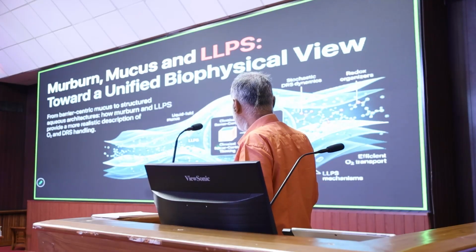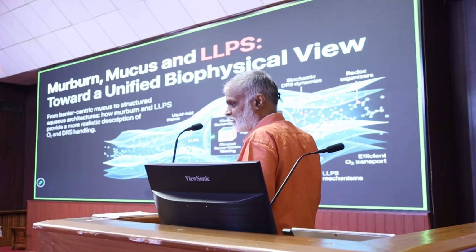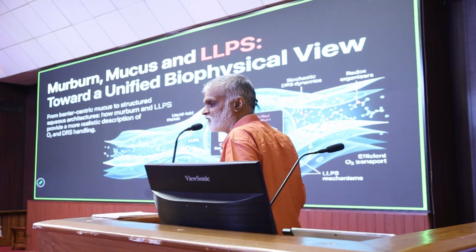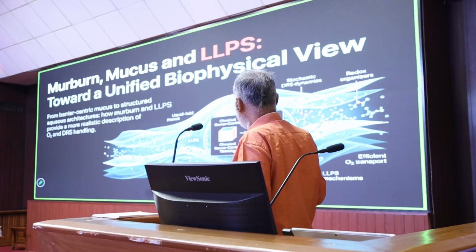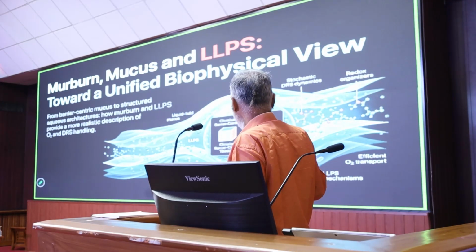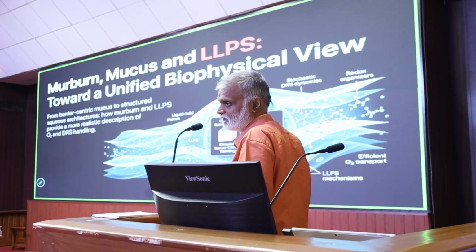So here you can see this is a classical method where everything is a barrier. There are one or two conduits which allow some reaction to happen, which is very difficult. However, in the case of the murburn unified concept, where LLPS is also included, we have a very big, more democratic system of these redox reactions to enable various other functionalities.